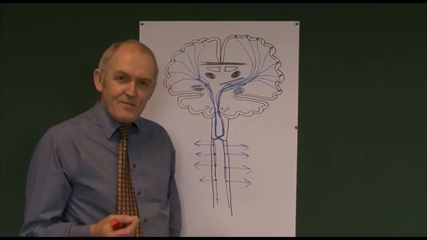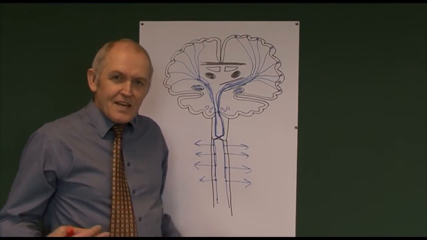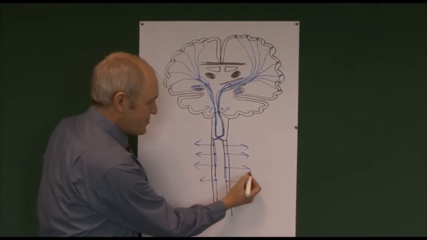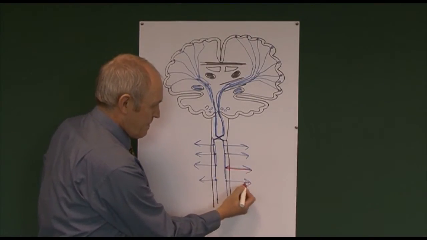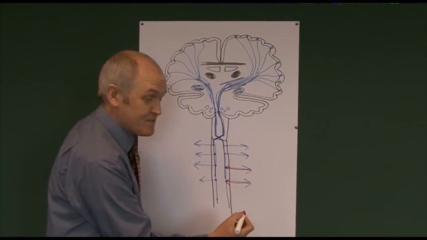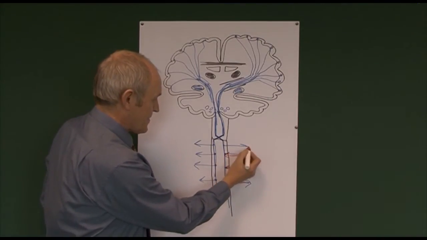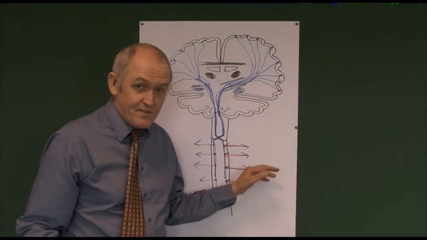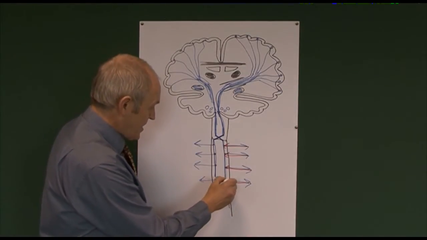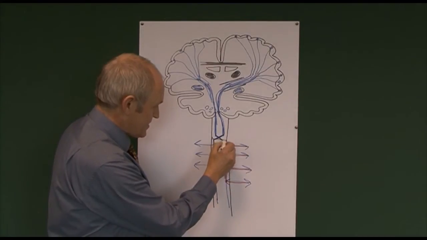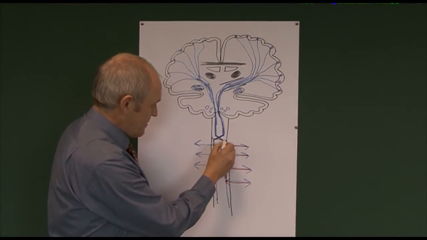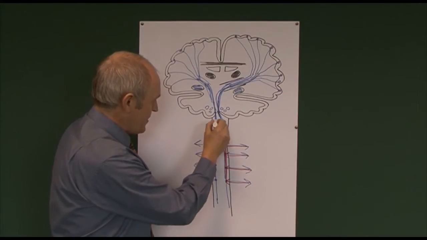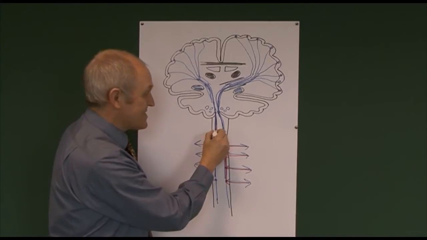The situation is very similar with sensory pathways. The sensory nerves are going to come in, again through the same 31 pairs of spinal nerves. So in this case, they've come in from the left-hand side of the body. They're going to go up the left-hand side of the spinal cord. But here they're going to cross over, carry on up through the right-hand side of the brain